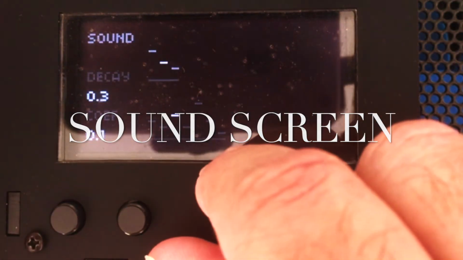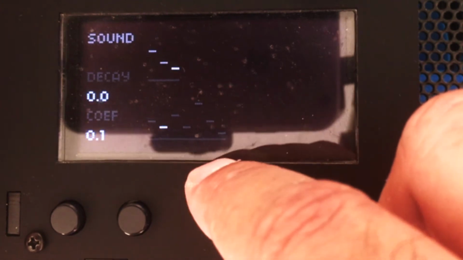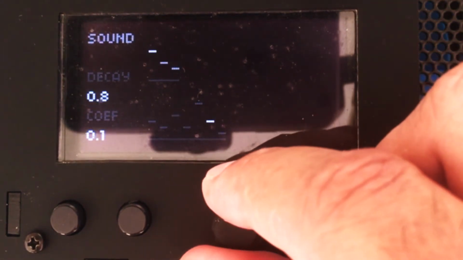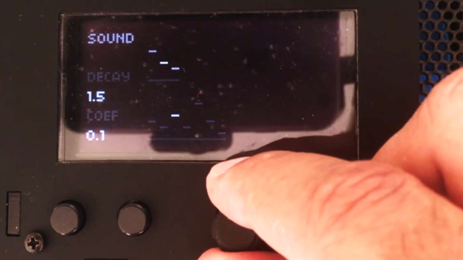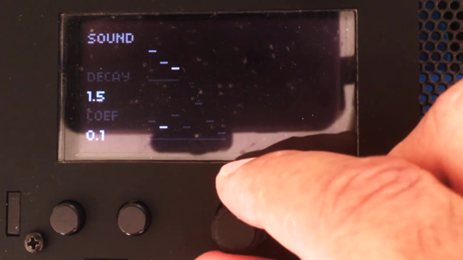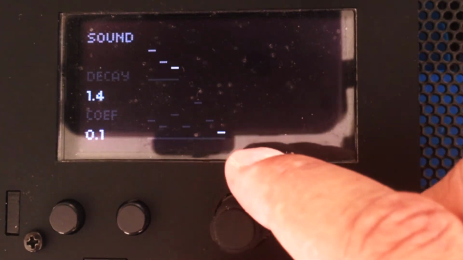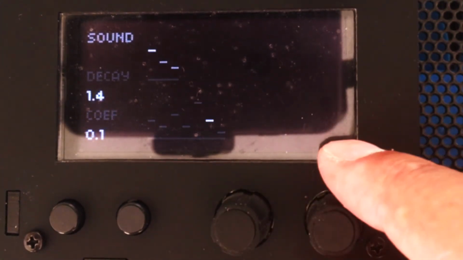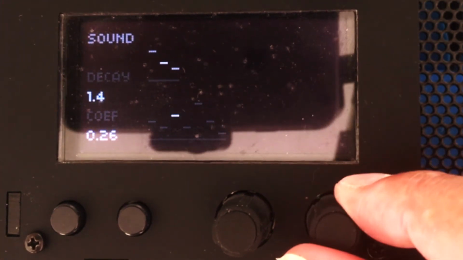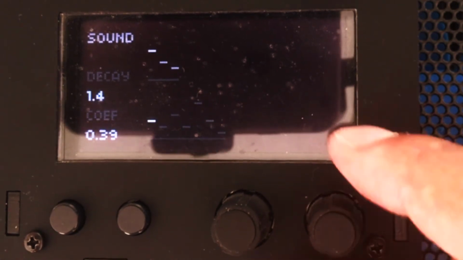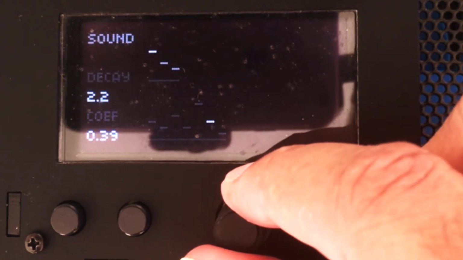And do the sound, so the amount of decay, because this is Rings, you get that familiar Rings bell-like, string-like decay. The coefficient is really interesting, the way that it just dampens it down. So as you open it up in terms of the decay,